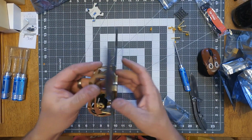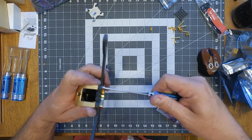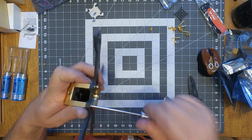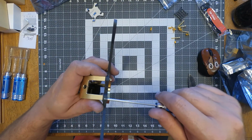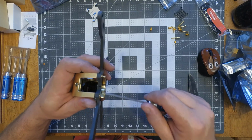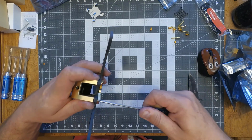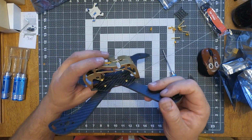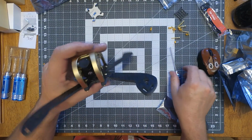The only problem with this one is the 10 millimeters don't all the way bottom out. They're just a little bit shy. I mean, you can work them and get them to bottom out, but it would have been better if they were 8 millimeters because they're just a little bit too long and it bottoms out to where it gets sketchy at the bottom of the threads. It's the only thing I see wrong with that. Other than that, which really isn't a big deal because I got some extra 8 millimeters,